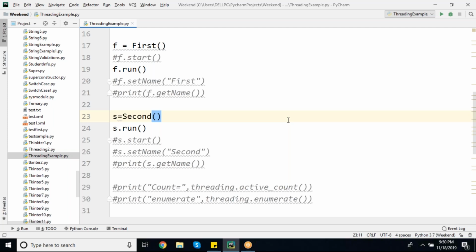Thread synchronization is a process of executing only one thread at a time.